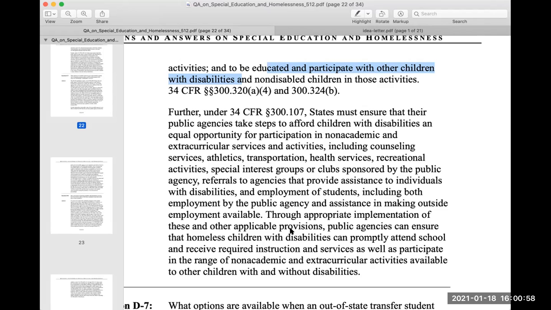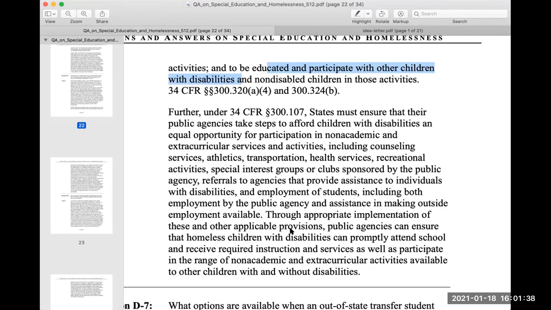Similarly, the McKinney-Vento Act requires children experiencing homelessness to be able to immediately enroll in school, even if they are unable to produce records normally required for enrollment, such as previous academic records, which include IEPs. If, after taking these reasonable steps, the new public agency is not able to obtain the IEP from the previous public agency or from the parent, the new public agency is not required to provide services to the child pursuant to 34